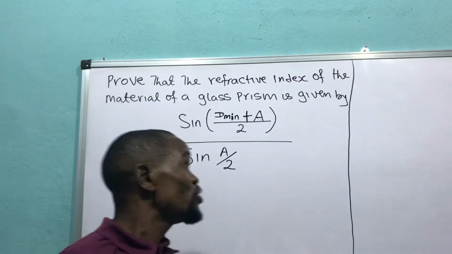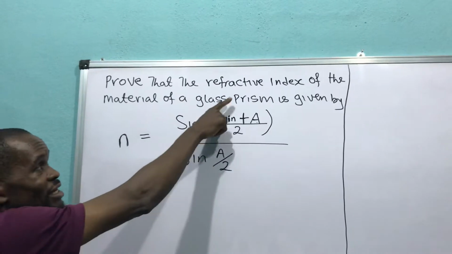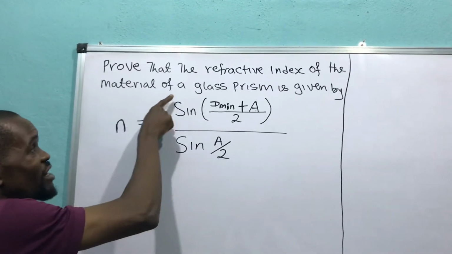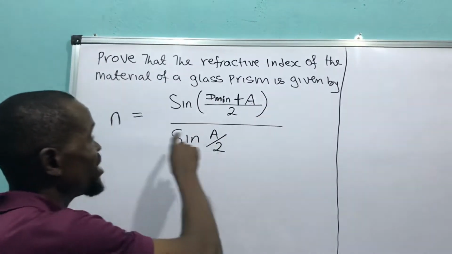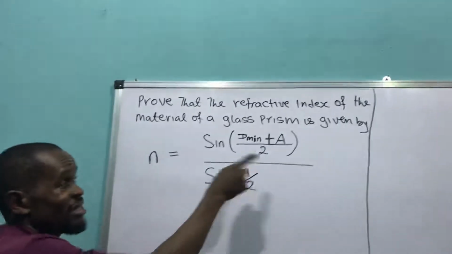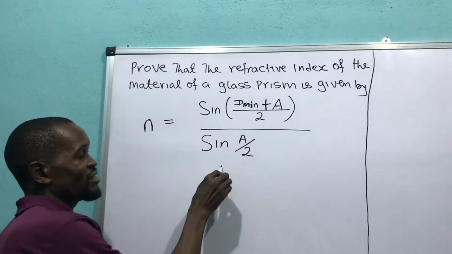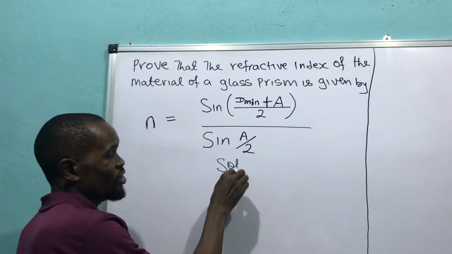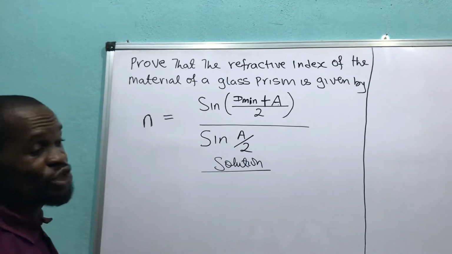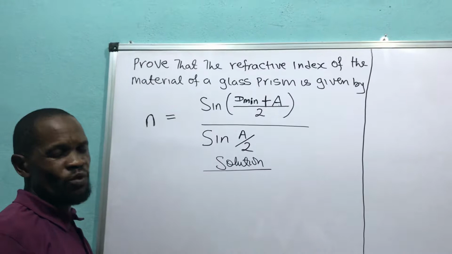What we have for you today is the topic that says: prove that the refractive index of the material of a glass prism is given by this. We should prove that the refractive index is given by this. And this is a simple formula in physics. We'll go into the solution. It is a simple formula needed to solve some questions in WAEC